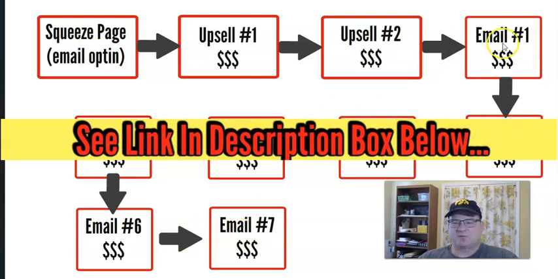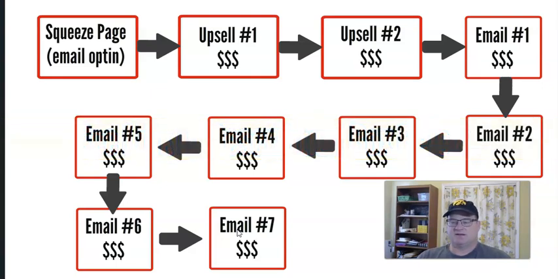So lots of different ways. You certainly can write these yourself if you'd like. But one of the things I use are done-for-you email swipes. And so these are email messages that someone else has written. And so they're quite engaging. They're written to minimize spam trigger words, etc., so that they're going to have a higher deliverability rate, meaning much, much higher chance of going into the primary inbox in the email accounts, so Gmail, Yahoo, etc., and therefore much more chance that they're going to be seen and opened.